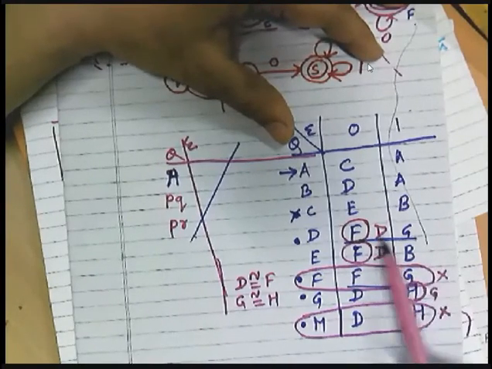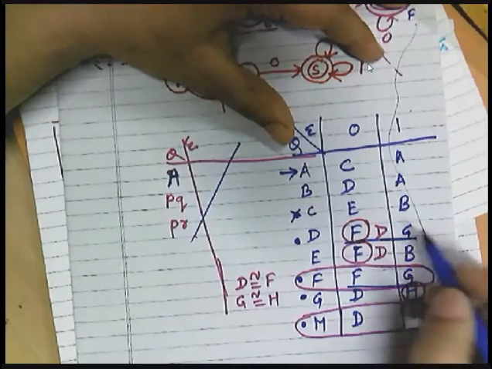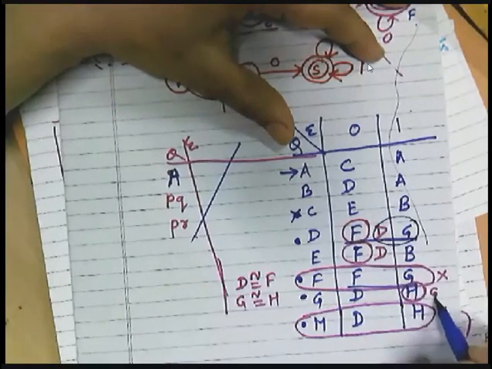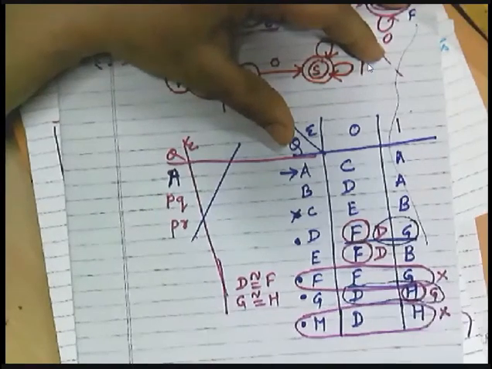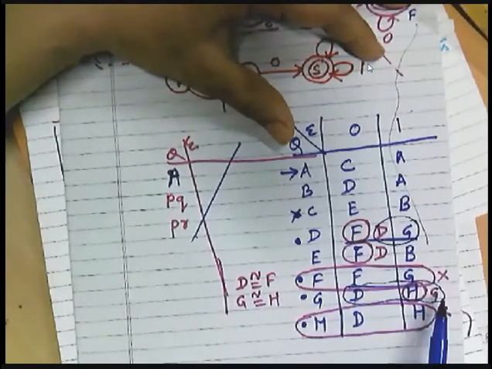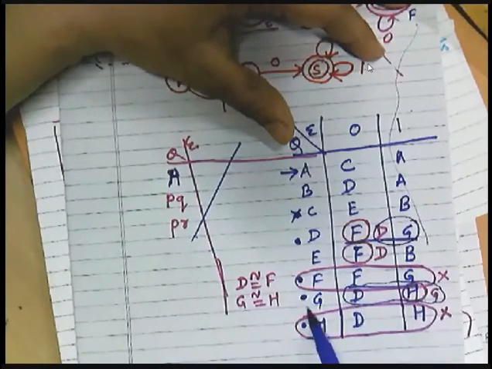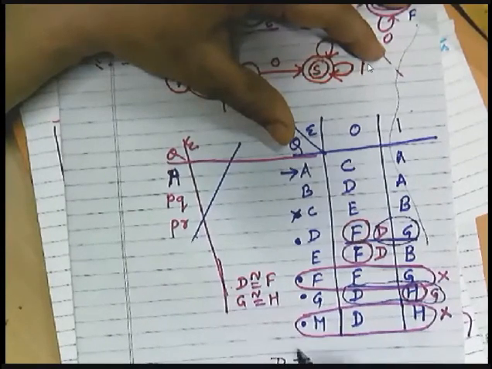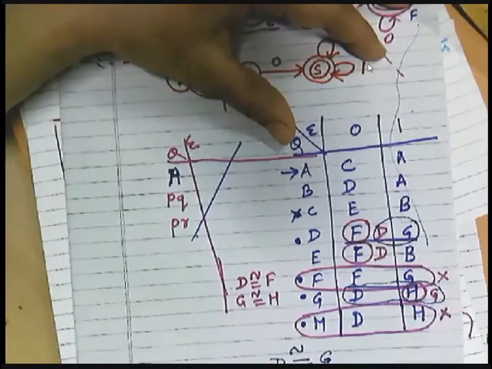So again you can see here DG. This is a new combination, DG, right? And here also this newly H is converted to G. So it will become the combination GG. They are same, but whether they are of same type, yes, G and G both are final states. So we have found out in the next iteration that D is equivalent to G, right? So every G will now be replaced by D.